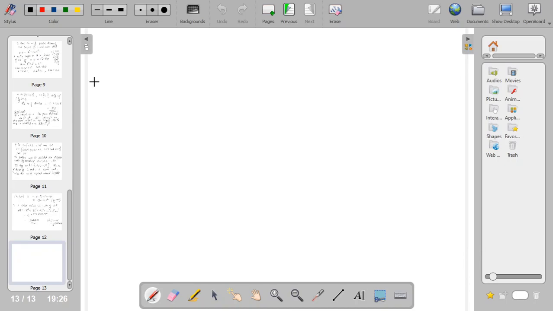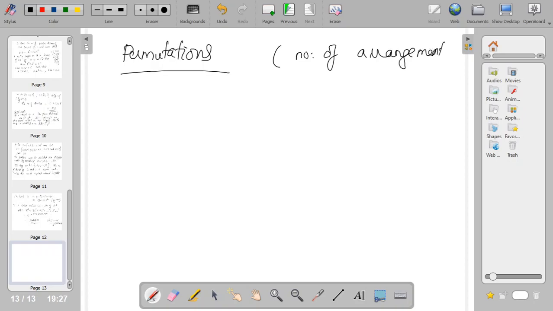And now, okay, so we have seen the addition principle and multiplication principle, and now using this, let us define what are called permutations. Now by permutation you mean that basically counts the number of arrangements. So that is the basic idea of permutations. You are going to look at the arrangement.